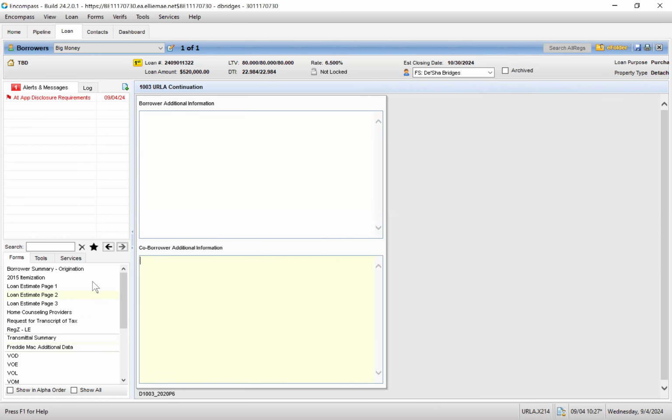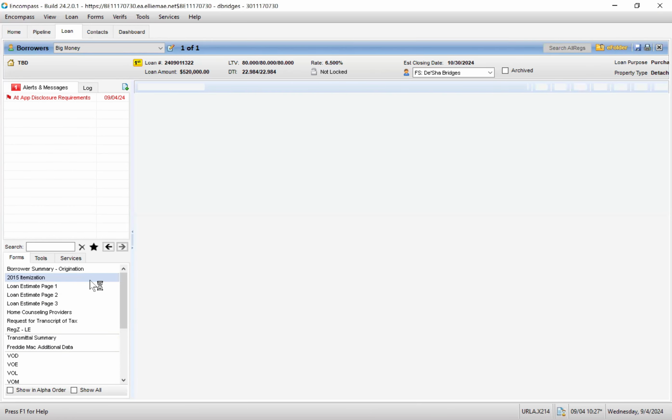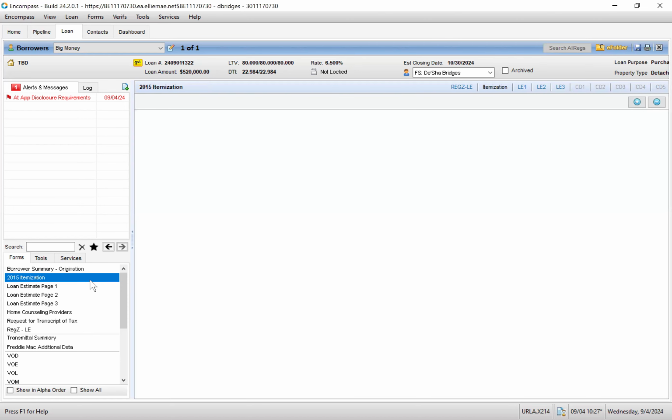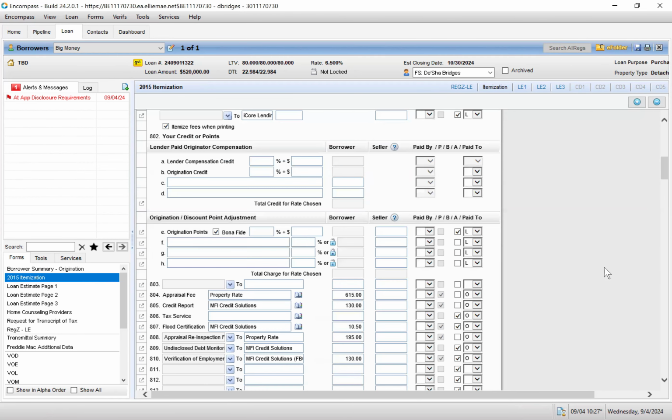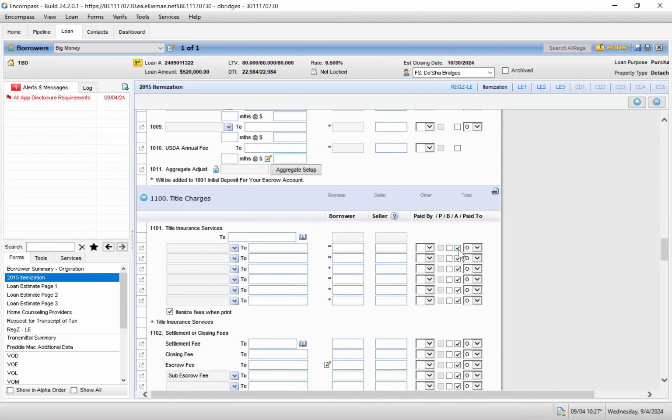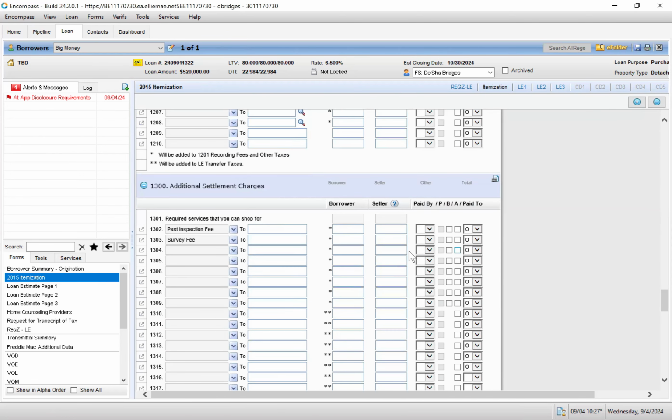Let's see. This page can get a little intimidating. This is the itemization page. This is where we come to input the fees. This is where your fee as the loan officer will go. This is where all the title and escrow fees will go. And most importantly, like I said, it looks a little intimidating because it's a lot and everybody doesn't know how